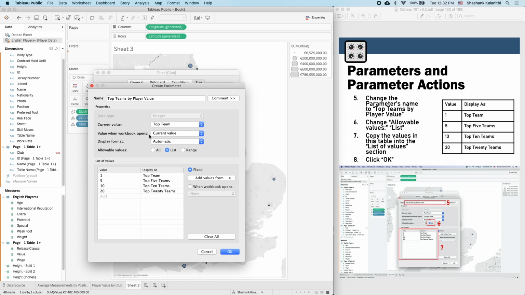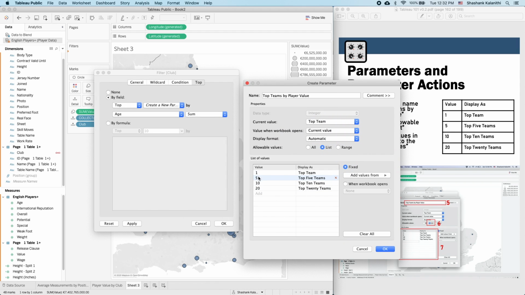So now what we've done is we've created a parameter, which is a constant that we can change whenever we want. And I've said, okay, the parameter named top teams by player value can have the values 1, 5, 10, and 20. But I want them to be displayed as, so this is kind of like an alias, top team, top 5 teams, top 10 teams, top 20 teams. And what's going to happen is this 1, 5, 10, or 20 will replace this value over here. So for example, we are only going to show the top one team, one club, by the value sum. So click on OK,